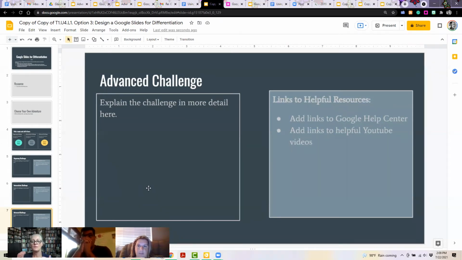You're going to choose something, a skill that you want somebody to learn, or a concept. It doesn't have to be a technology skill. It could be a concept. And then as an example,